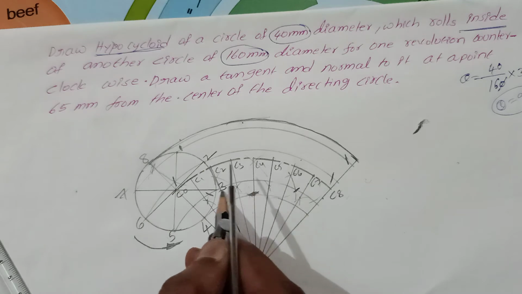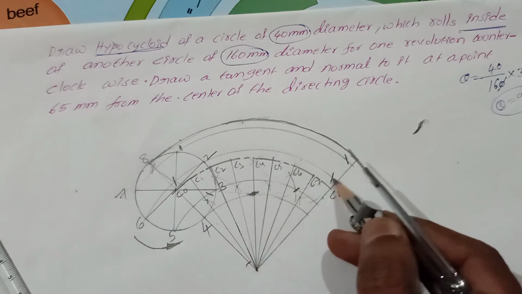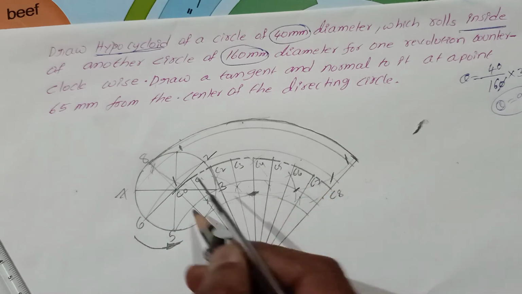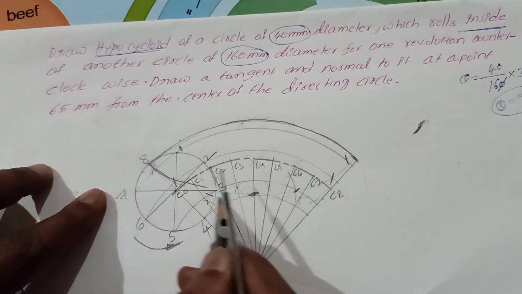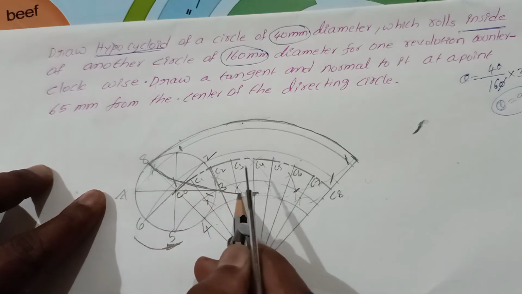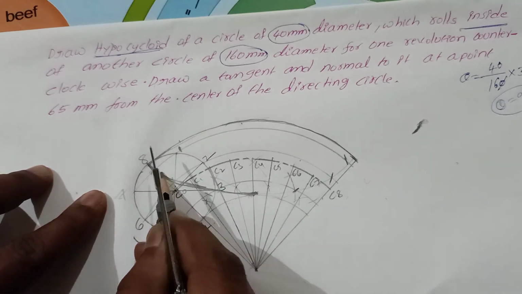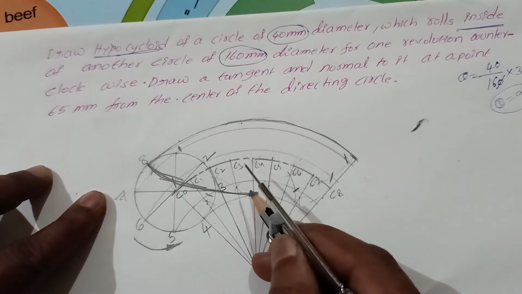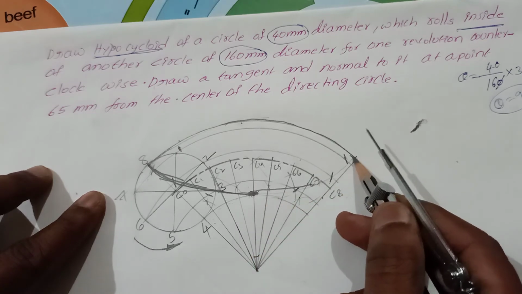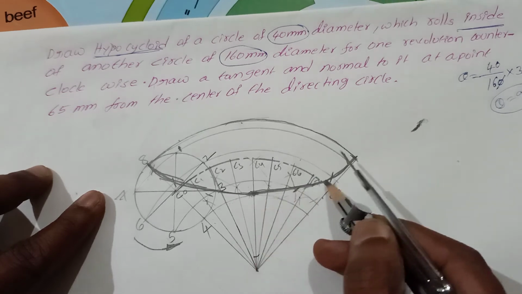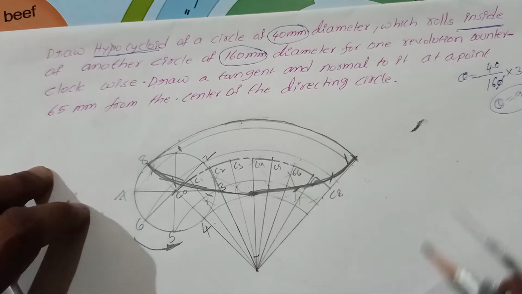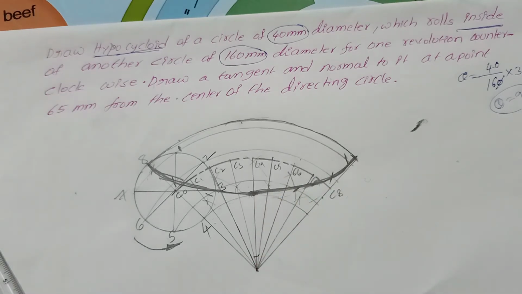First of all, draw a light curve. Next, do it as dark with a smooth curve. Here I am taking a double stroke, triple stroke line for clarity purposes, but within a single stroke you have to draw the curve as dark. For video clarity purposes, I am taking a very dark curve, but in your notes, only within a single stroke you have to draw the dark curve.